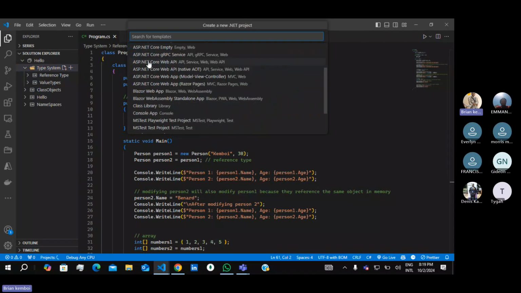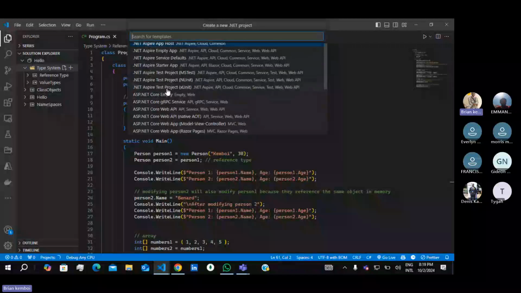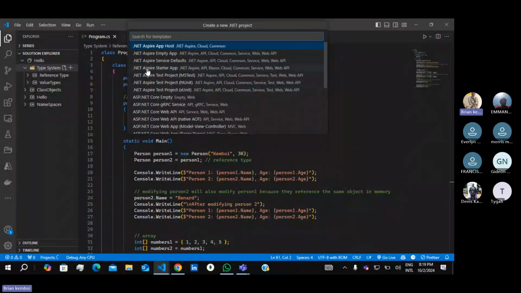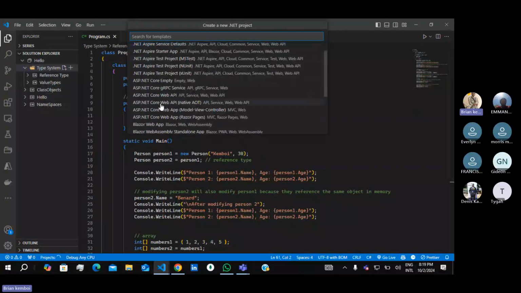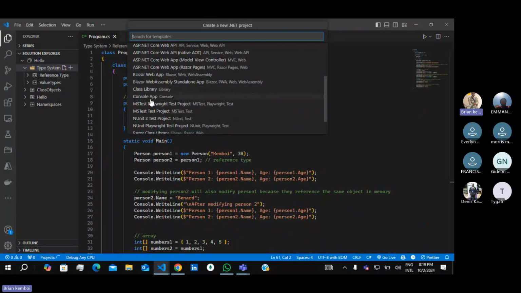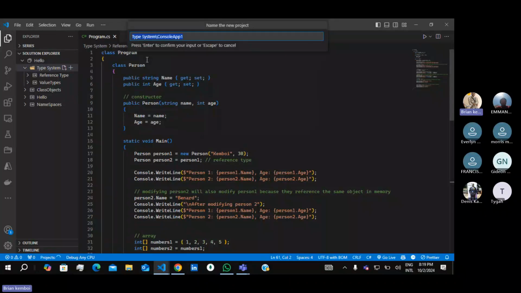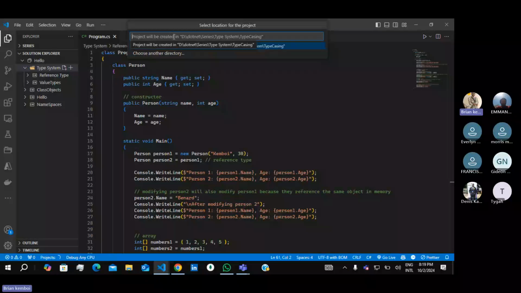There are a lot of things happening with .NET. You can see we have new things that we shall be looking at when we host our .NET conference of the year, like .NET Aspire. So when you are trying to create these solutions, you can take note of such things. So I'll name my solution typecasting. We can just have it as one word but camel case. So in the default directory,